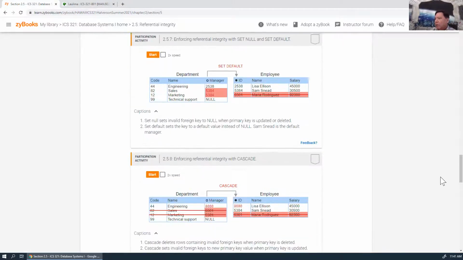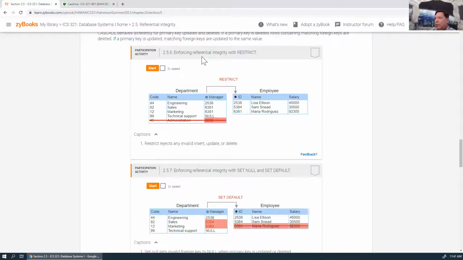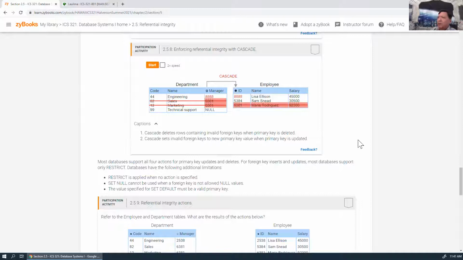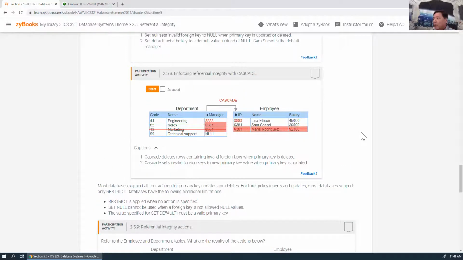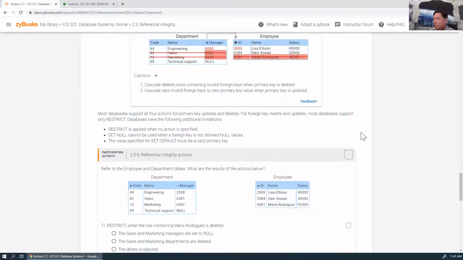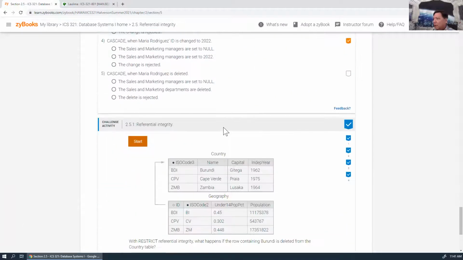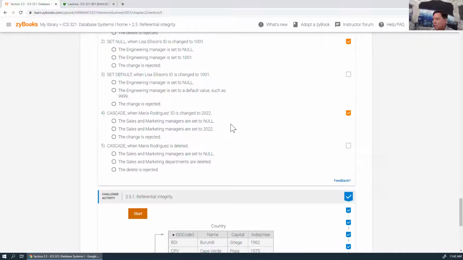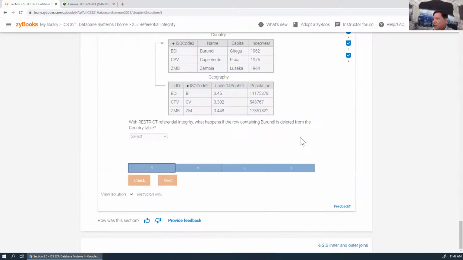So anyway, that's kind of important. And when you're doing the first assignment, you actually have to set those up. And I think I just tell you what to do. I think I tell you to cascade. It just depends on the case. So this talks about that. So you should do these. I think I did some yesterday. Okay, so let's start with